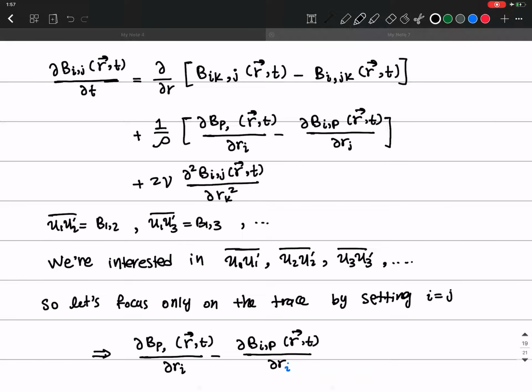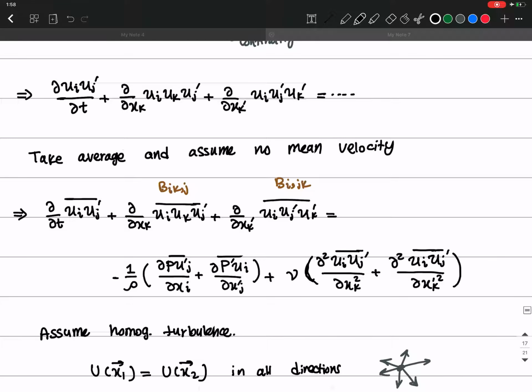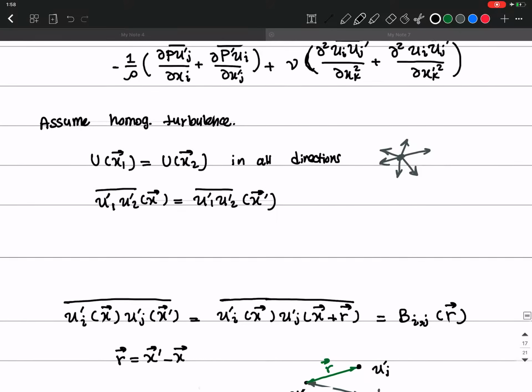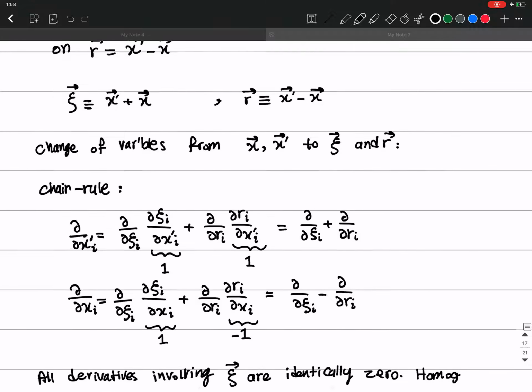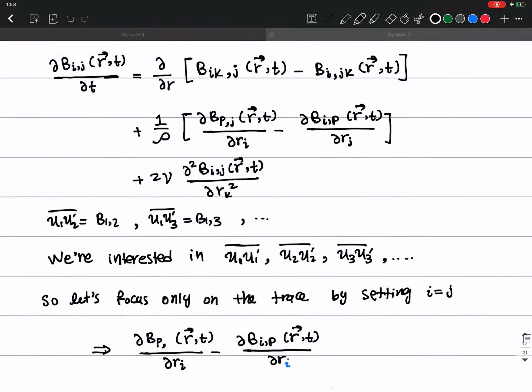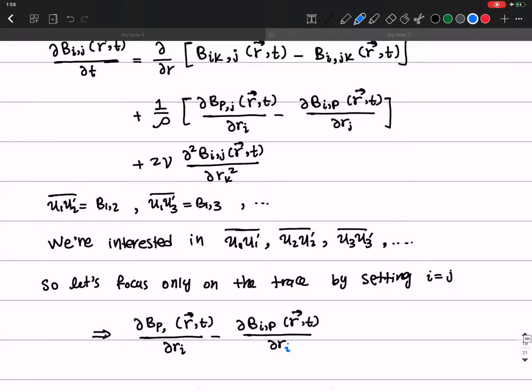So let me write it down. This is B_PJ. Let me make sure that I've not written it wrong, because we had the pressure term here, so it should be P, B_P, and J, and then with respect to x_i, it's going to be minus that. So yeah, then we have the plus sign. So that's correct. So it should be like this. So if we now change J to I,